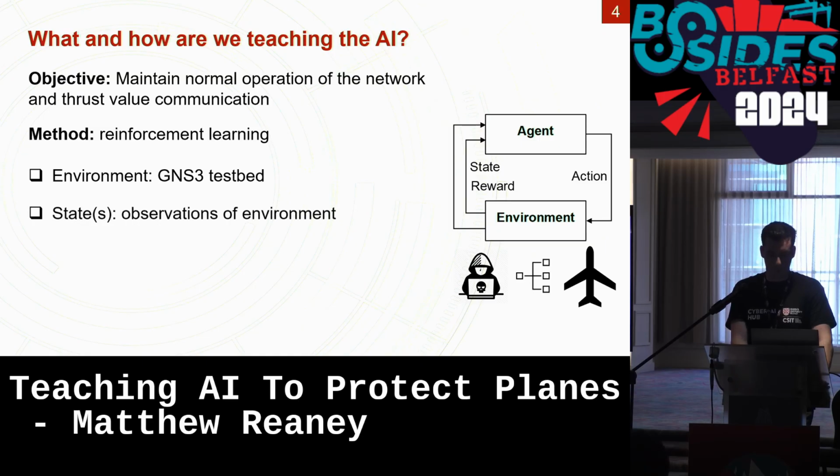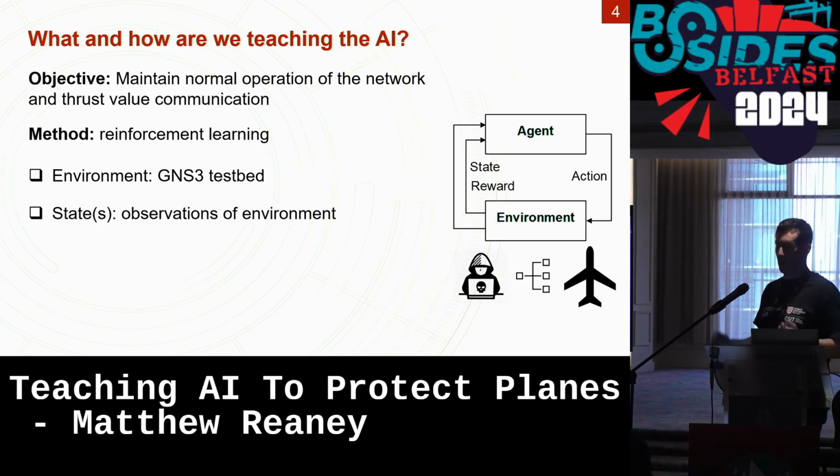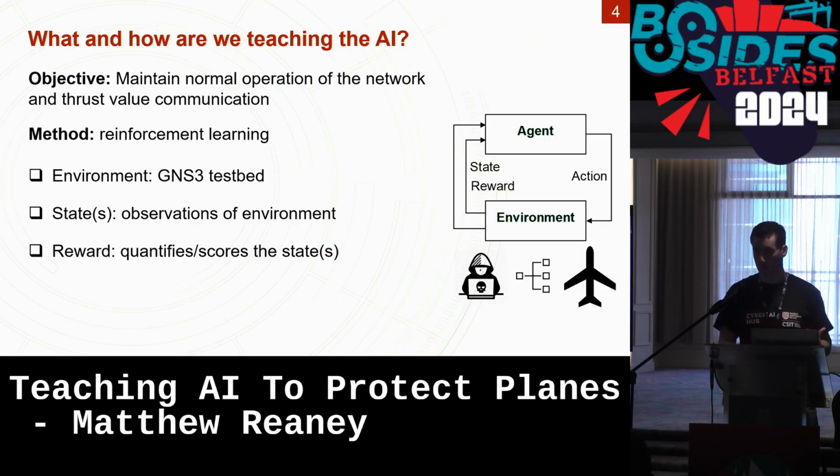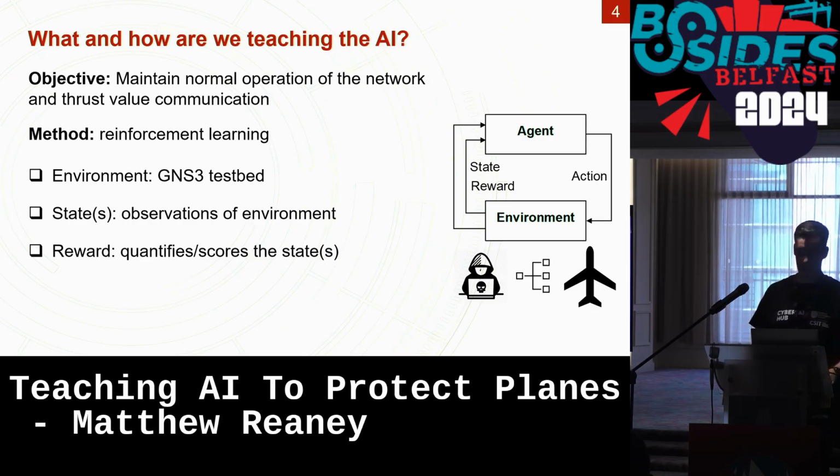And from this environment, we can observe things from it which we call states. So these make up various different things, like it might be our alerts, it might be the status of our computers turned on and off, or our systems on and off. And we also then want to quantify these. Is this a good thing that this is switched on? Is it bad that it's switched off? Are the alerts good? No. But we need to quantify that in some way, and we do that by defining a reward.